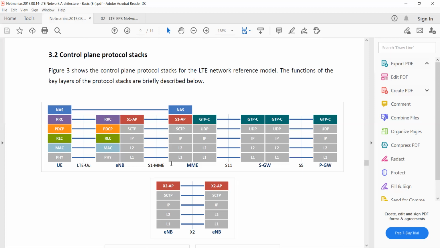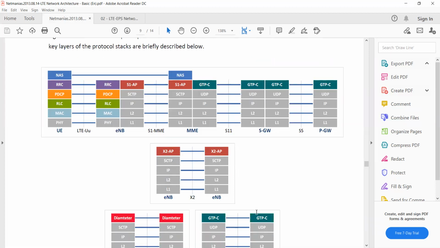Yeah, I have drawn all three, right? Fine. Next is one eNode B. We have seen one eNode B is interacting with other eNode B via the X2 interface, right? So what is the internal stack? How are the internal layers arranged? So you can draw this part: one eNode B to other eNode B internal stack.